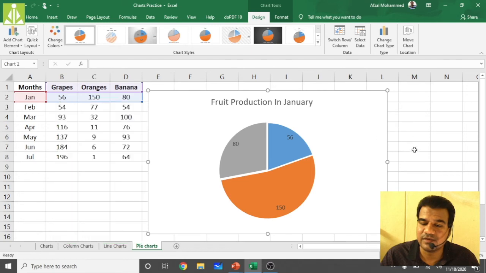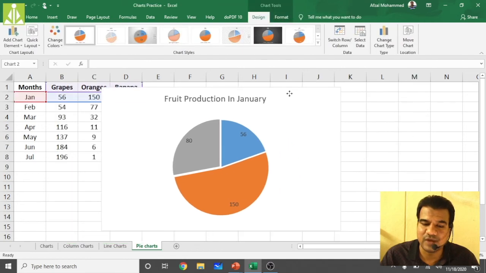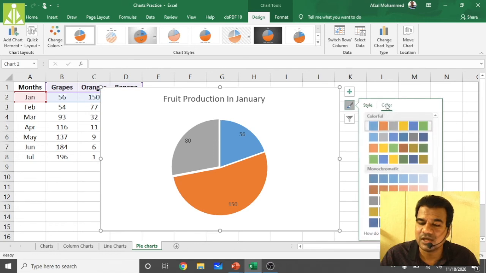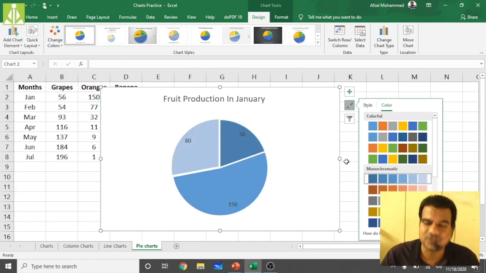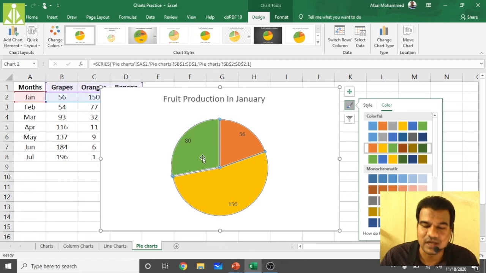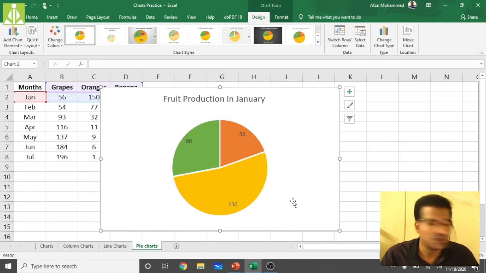Yeah, as it is giving this side, you may get confused, so I will drag it to this side and click on this color option. Colors, yeah, you can use these colors, whatever colors you want you can select. I've selected this one, so like this, so it is not giving much difference, right? So I will select this one, so like this you can select any of the colors. Okay, so this is one thing, changing the colors.